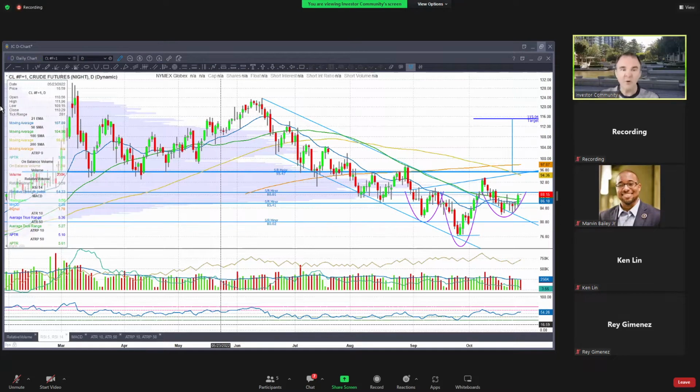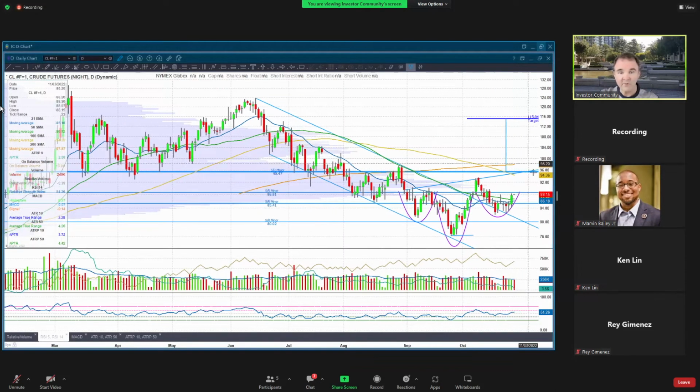So you can see we have a head and shoulders bottom in oil here. We pointed this out on the weekend. This is still intact. We moved up quite a bit here. We're about to move through a resistance line. This isn't the neckline, though. This is just plain old resistance here. The neckline is going to be way up in this area here. Still a ways to go for oil to get up there.